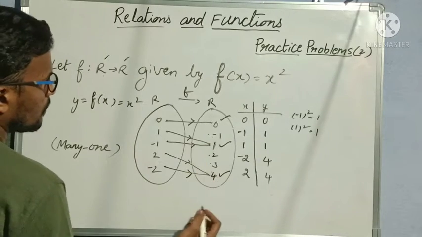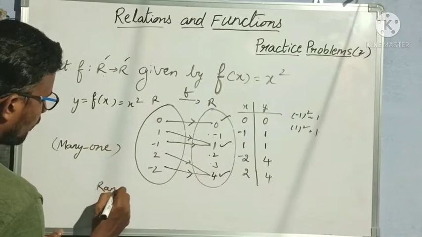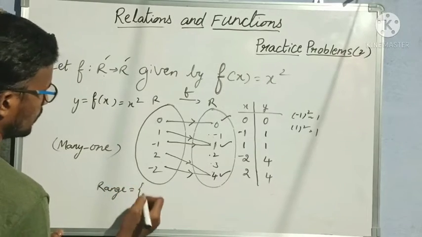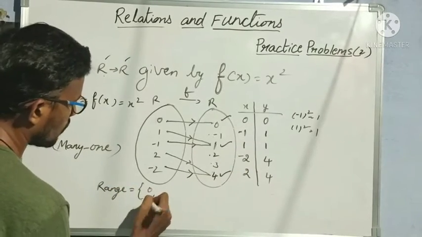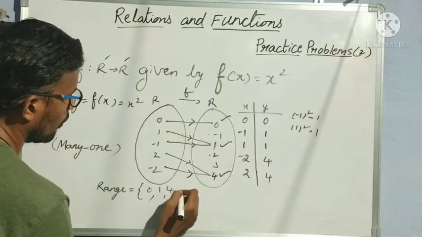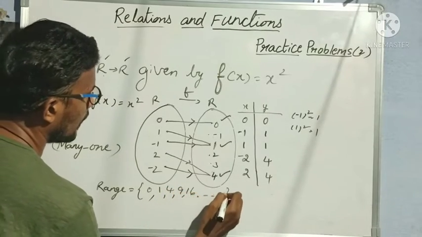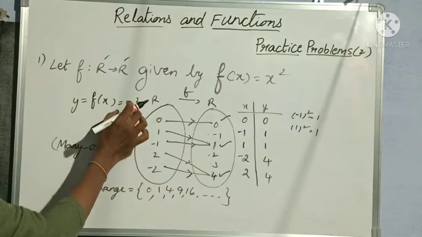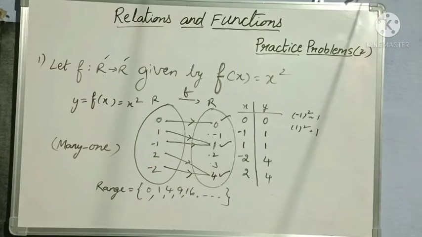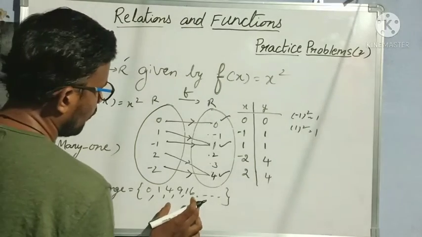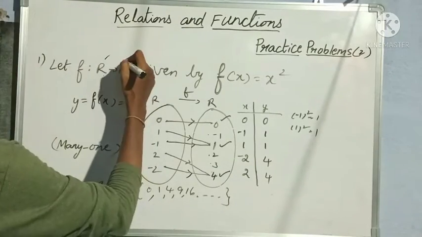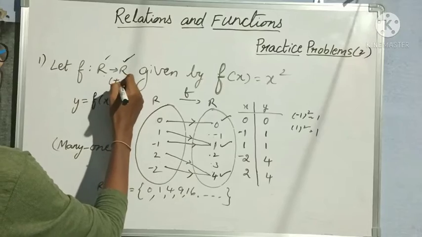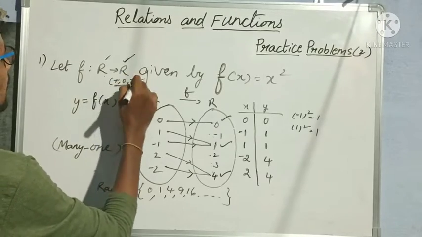Okay? Next, from this only let us find out the range. So my range contains what type of values? So range is f of x equal to x square. So 0, 1, 4, 9, 16 and so on, like this only will be there in my range. Am I correct? Why? Because f of x is equal to x square means square values only I will get. So my range is 0, 1, 4, 9, 16 and so on. And my codomain is R. R means completely positive, negative and 0, all values I will get.